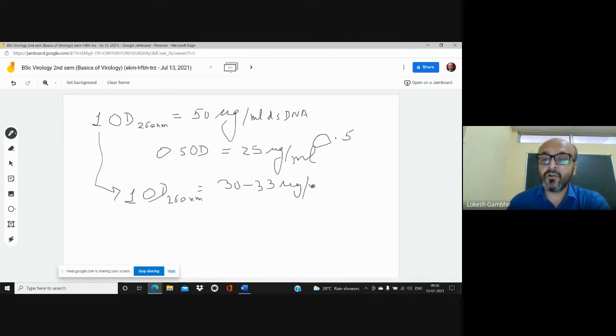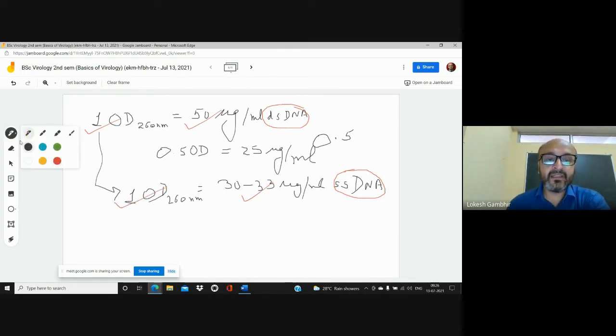That's the standard value. Always remember these standard values, because nobody is going to tell you the standard value, right? This is the gold standard that you can always use, and we have calculated this using different concentrations of DNA, and it is acceptable globally in any lab in the world. If you are talking about double stranded DNA, then 50 microgram corresponding to 1 OD is standard. If we are talking about single stranded DNA, then we are talking about 30 to 33 microgram per ml at 1 OD at 260 nanometer.